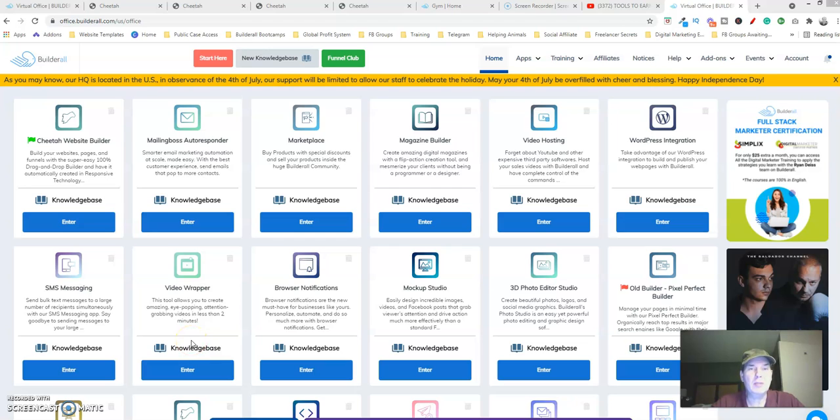Today we're going to be talking about another tool that we could use to make money with the Builderall platform. And today we're going to be talking about the website agency. So if you're in your back office, if you're already a member, but in case you're not, and if you